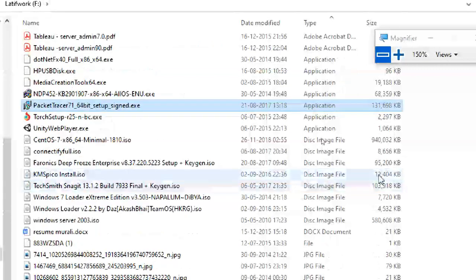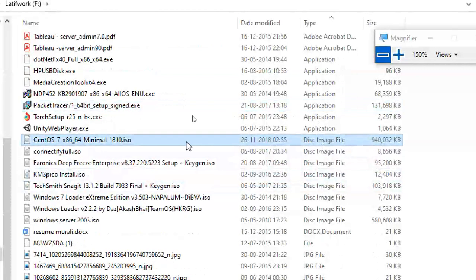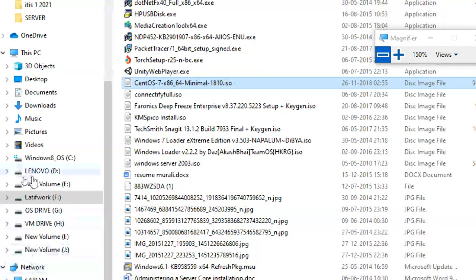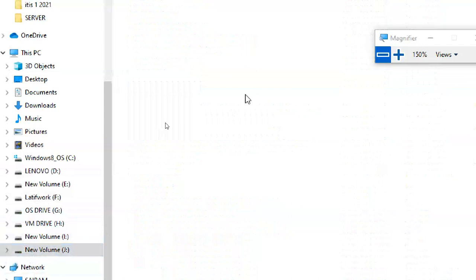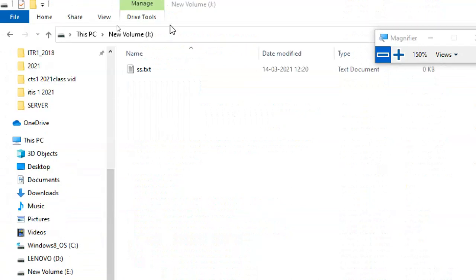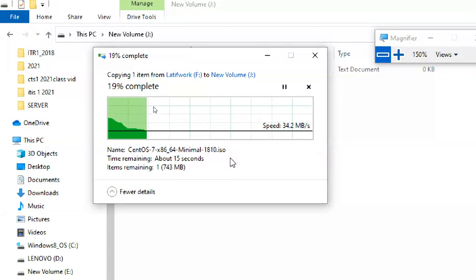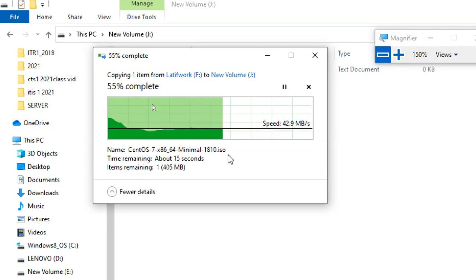Packet Tracer is around 130. So this is almost 1 GB, 1910. Okay, we'll take this one, copy, put it in the J drive. Yes. So I'm copying around 900 MB of data. Initially it is showing 164 MB, my disk size.